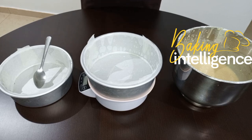Okay, how are we going to know the exact measurements? Now we add up the total weight of all our ingredients. We had our flour 320 grams, sugar 200, oil, and so on, add up the total weight. For the eggs, they were medium-sized eggs, on the bigger side of medium. So you can take each egg as 54 grams and multiply it by 4. So we add up all that and it's